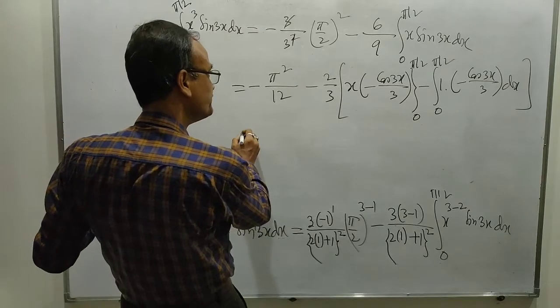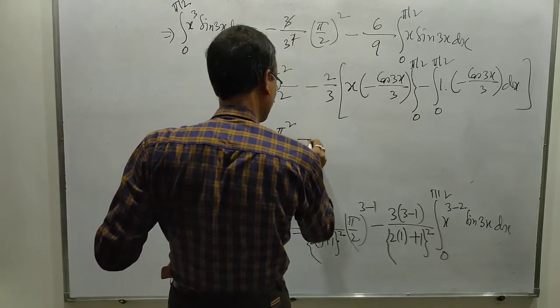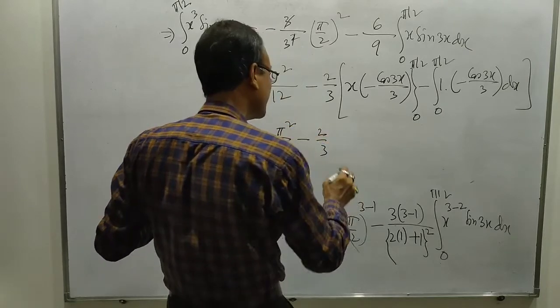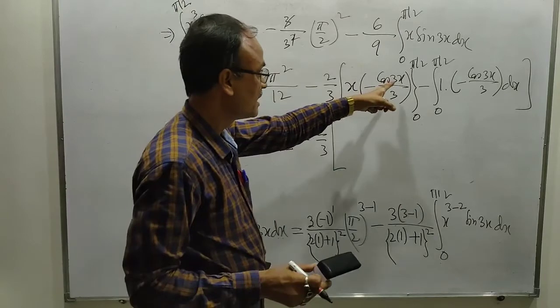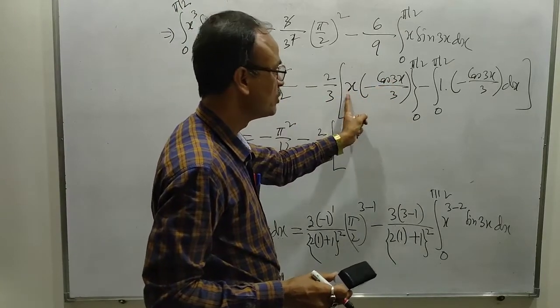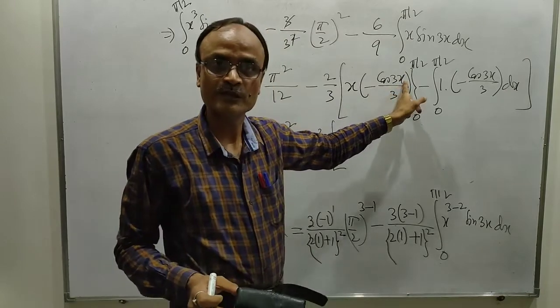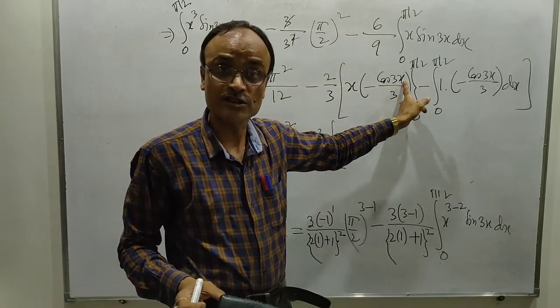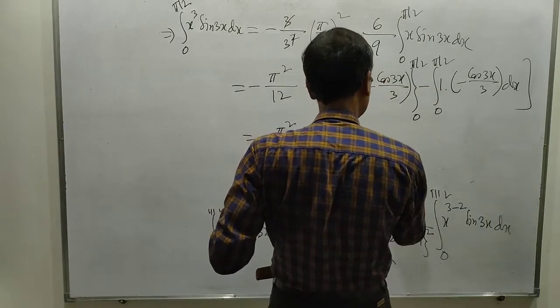This is equal to minus pi square by 12 minus 2 by 3 times this. What is this? If you put 0, it will be 0. If you put x equal to pi by 2, cos 3 pi by 2 will again be 0. This is equal to 0 minus 0,